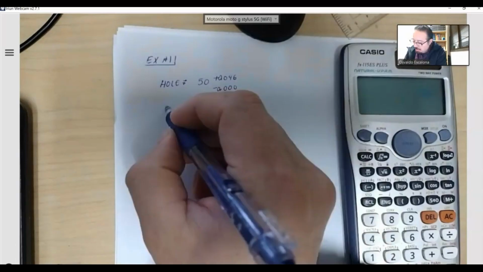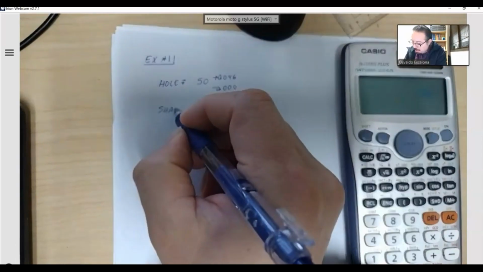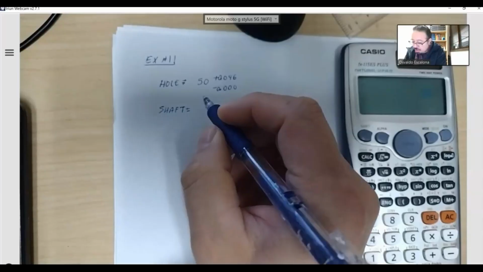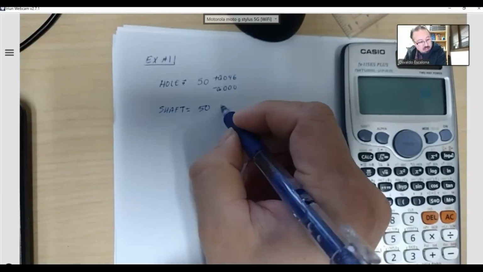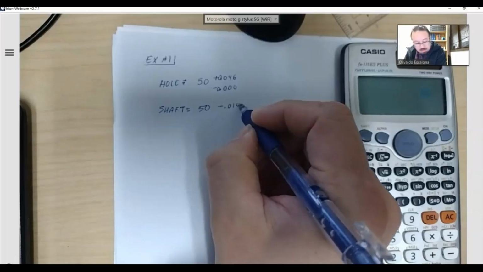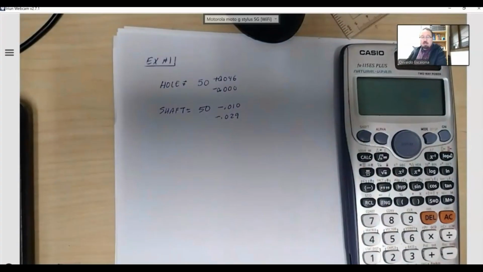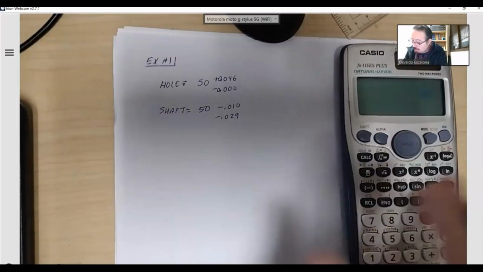And then I have a shaft or a pin that I need to fit inside of the hole, and the shaft is 50 minus 0.010 minus 0.029. They're telling me to determine the tolerance zone for each of them, determine the allowance or the tightest fit, as well as the maximum clearance. So here, this is the given,